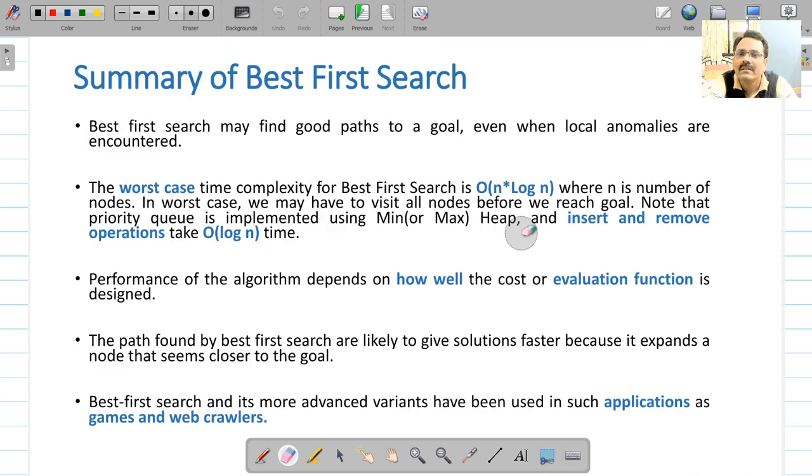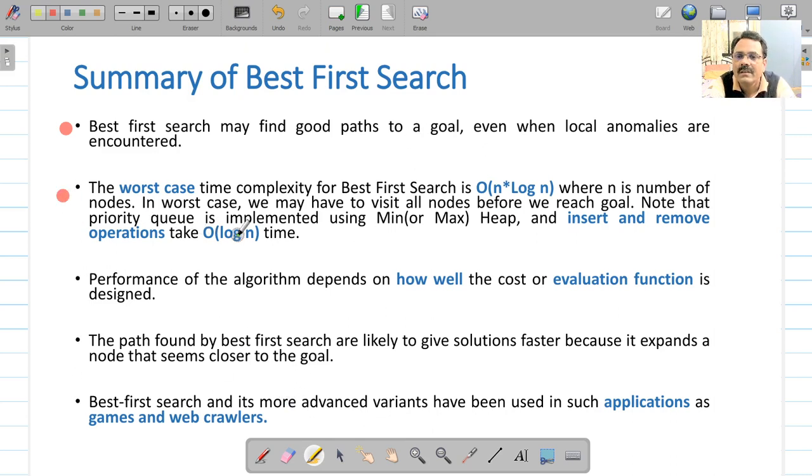So let us summarize what we have discussed today. This algorithm may not find a good path if your heuristic function is not accurate, but if you have a good heuristic function, then on average the algorithm will give you the best solution.